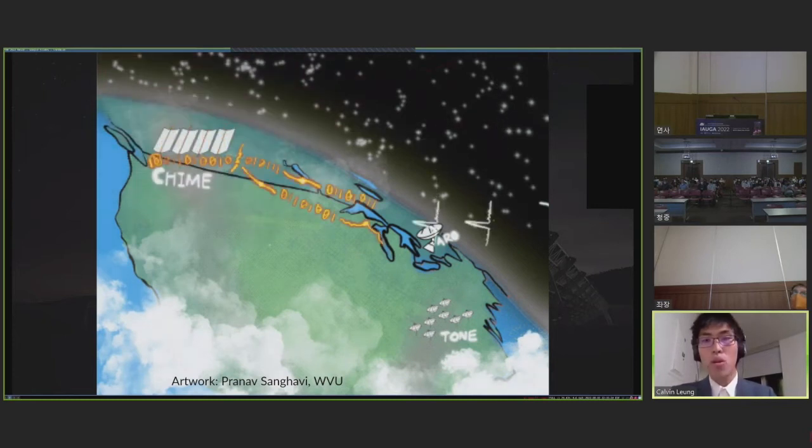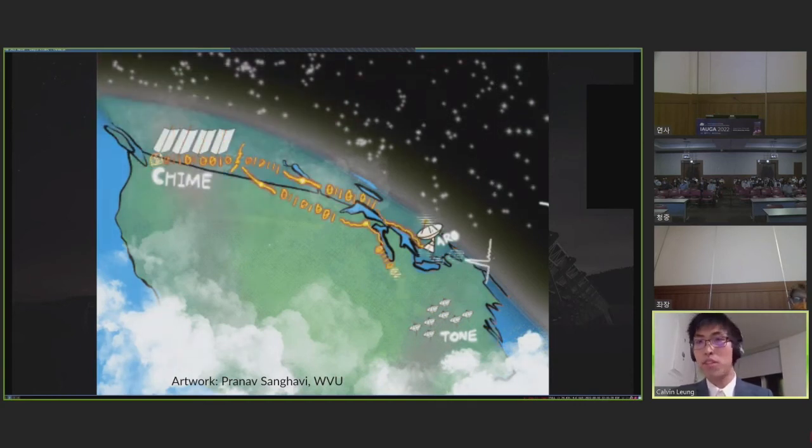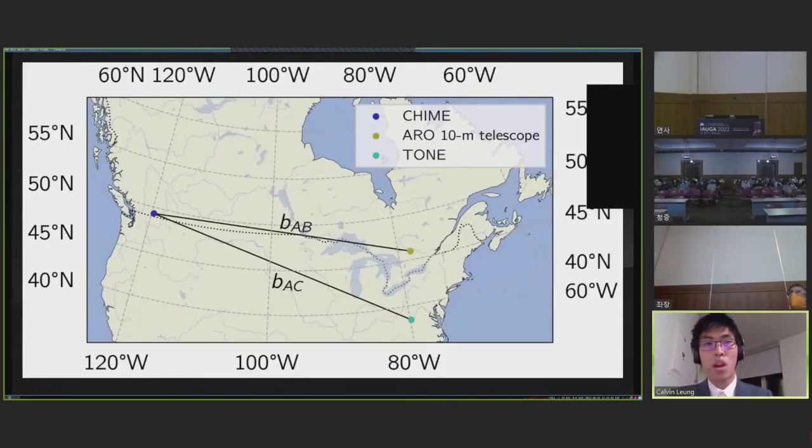ARO and TONE are these two little telescopes which shadow the CHIME beam at a declination of 21. Any time that we detect an FRB with CHIME, we send triggers to ARO and TONE, tell them to dump data, and then we do VLBI with a custom VLBI correlator that we built just for this purpose offline. Our 3-element VLBI array has 2 3,000-kilometer long baselines, which gives us a resolution corresponding to about 6.6